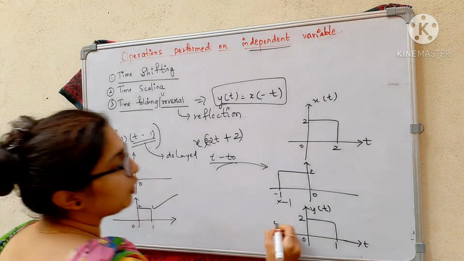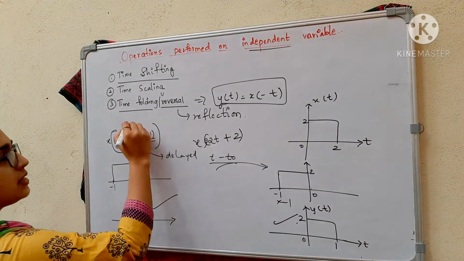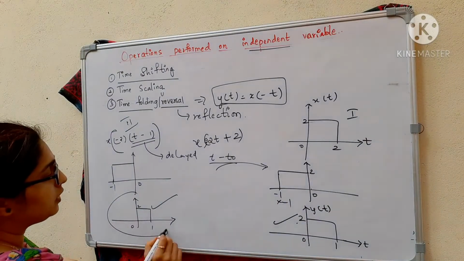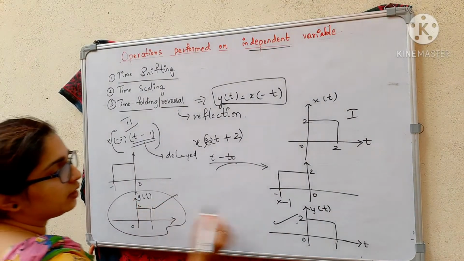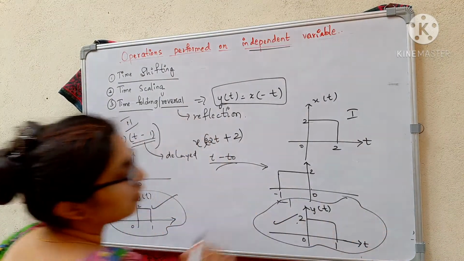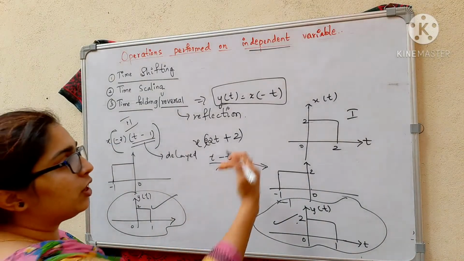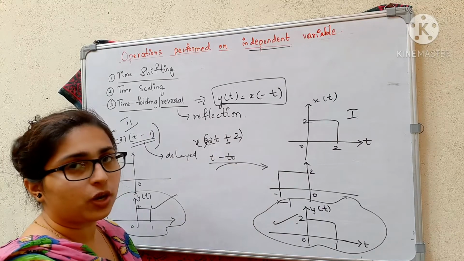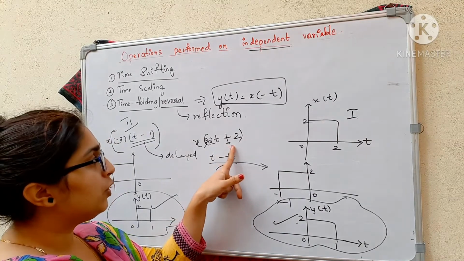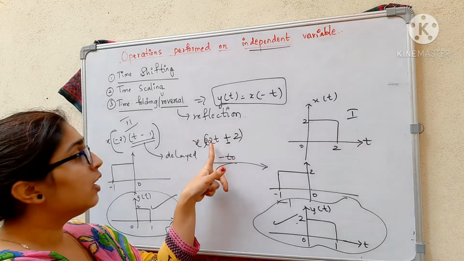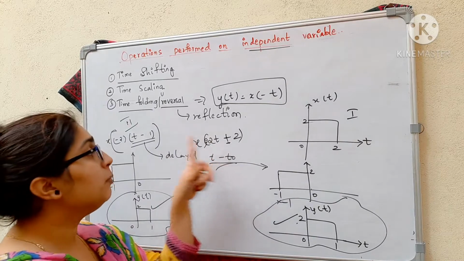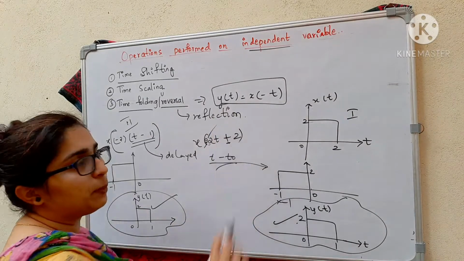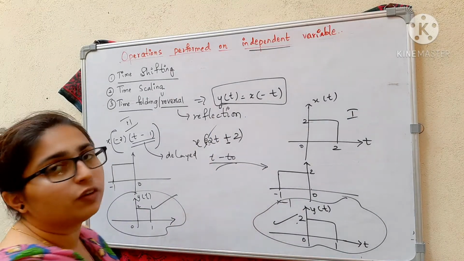See, whatever you have got from both the methods, this is the second method, this is your first method, the resultant signal you have obtained is the same. So just remember, while you are coming from right to left, first perform the operation which you are getting, that is the shifting. Then you will see the scaling, that is the second operation to be performed. The third one is the reflection. So the last operation performed on that signal will be your reflection.